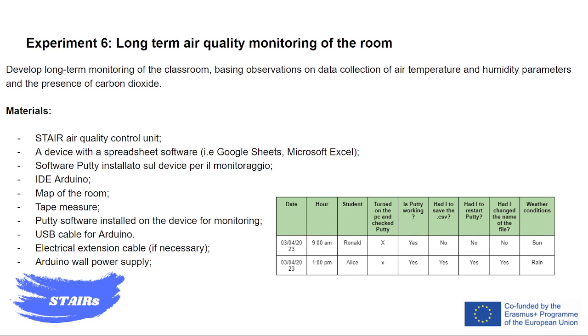First of all, you will need the STAIR quality control unit, because this is a plugged experiment, and a device with a spreadsheet as in the fifth one, Google Sheets or Microsoft Excel. You have to decide which one you prefer, or your pupils prefer. The software PuTTY, you will have the instructions in the technical toolkit to install it. It's an old software that will help you to use the IDE